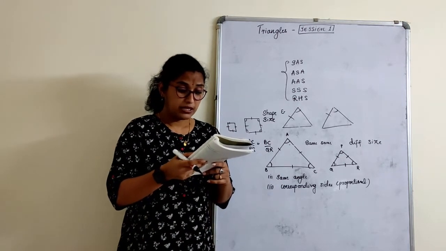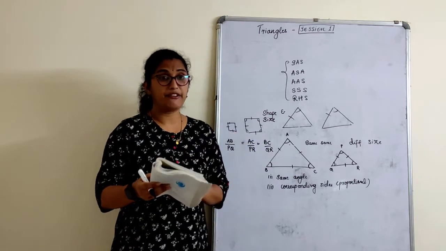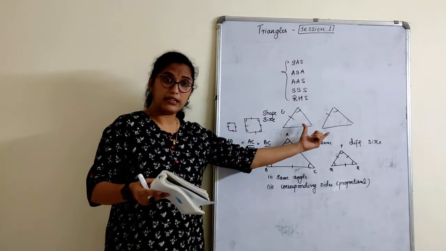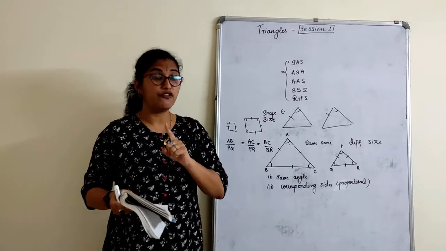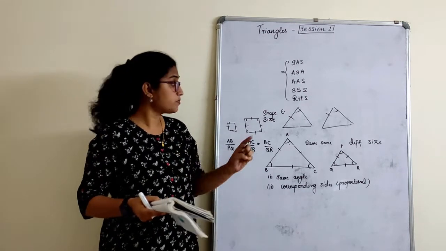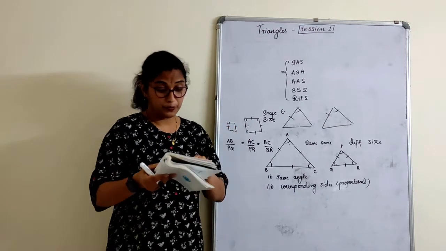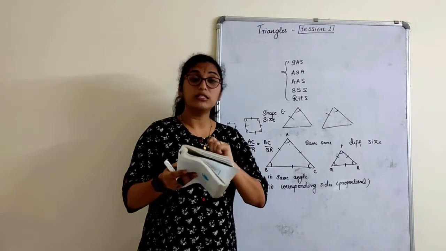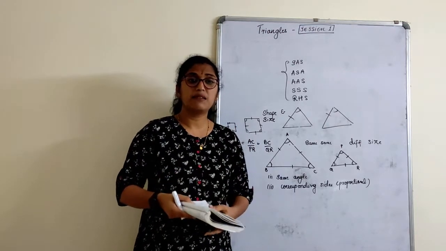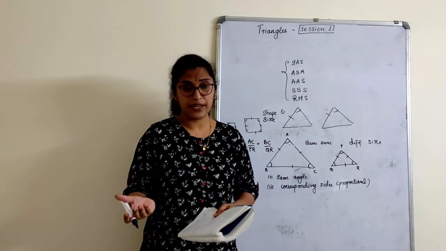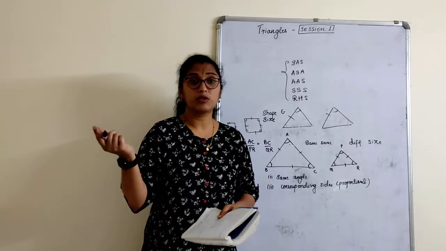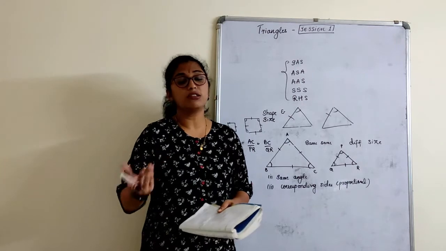Next one. Give two different examples, they have given. You can say pair of equilateral triangles. Don't give pair of triangles, as a pair of triangles will not be similar. Pair of equilateral triangles. Pair of squares you can give. Then second one, non-similar figures. You can give an example of a triangle and a square, a circle and a square. Anything can be a non-similar figure.